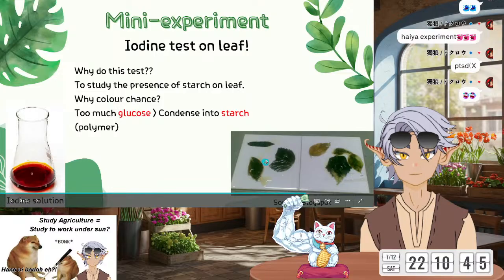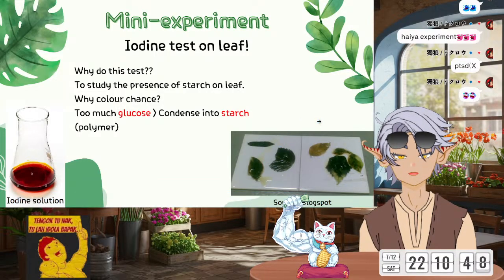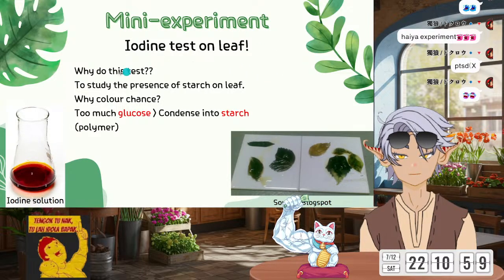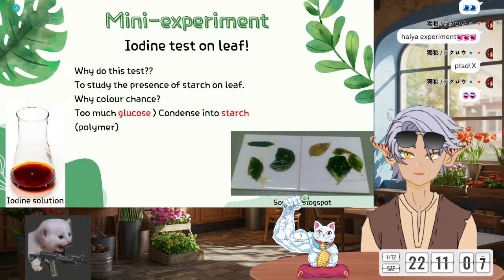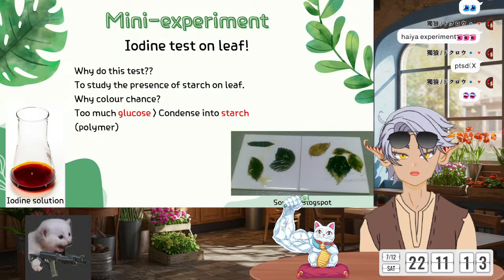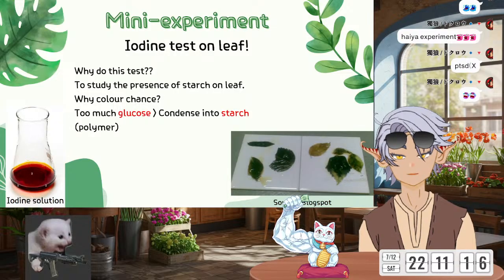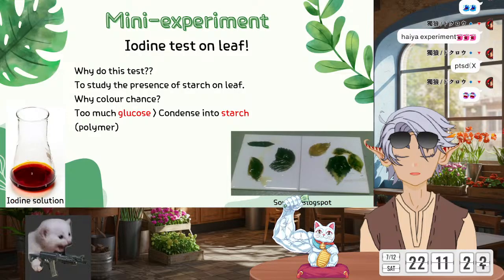If the iodine changes color from yellow to dark blue, it means starch is present on the leaf. So you might say, okay, I know, the leaf has starch. So what is so pro about this experiment? Actually, they do something like, imagine a leaf here, on the top left of my slide. If I cover a part of the leaf, so some of the leaf is exposed to light, and some of the leaf is not exposed to light.